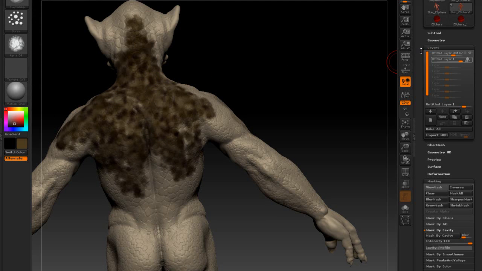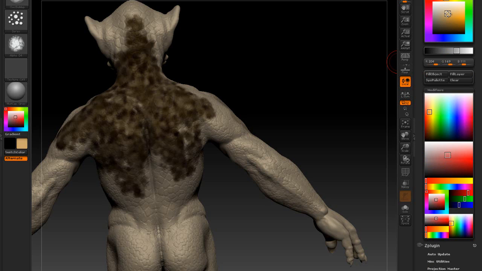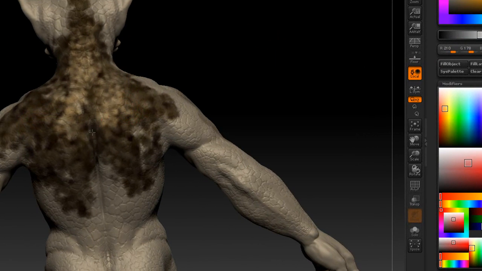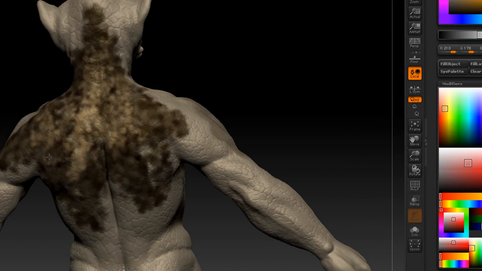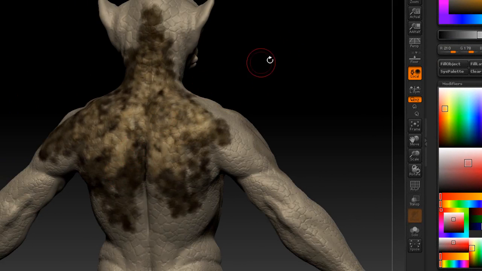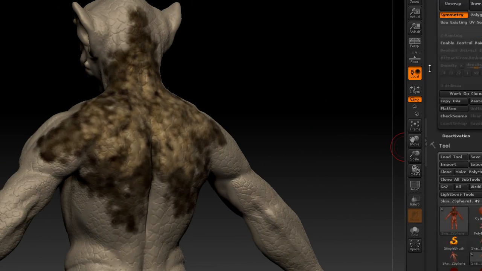And if you want to add the color, you can quickly create the nice texture. That's the one technique that you could do. Okay, and